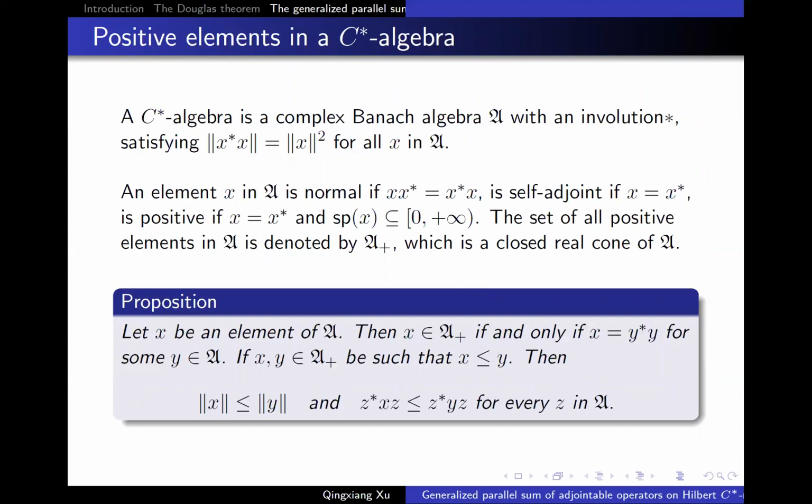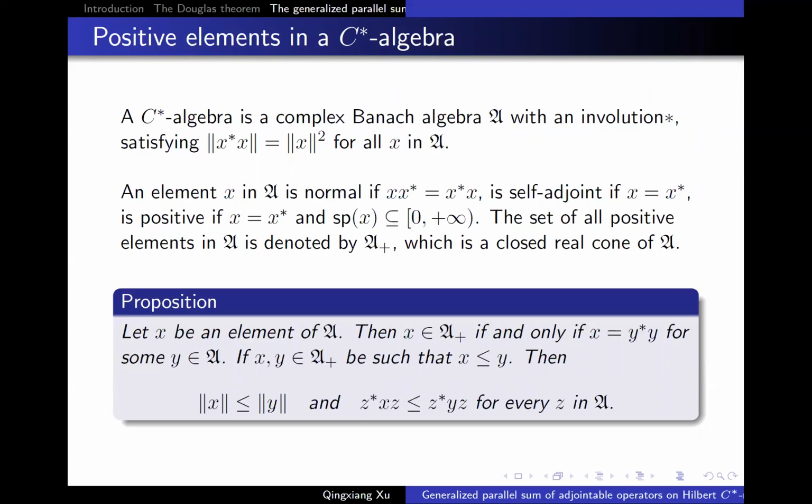And I have mentioned that to make some generalizations, we need another tool that is called polar decomposition. So let's briefly recall some knowledge about the C* algebras and the Hilbert C* modules. A C* algebra is a complex Banach algebra, which is an involution star satisfying an equality, which is called the C* equality. And as in the case of matrices, we can introduce norm elements and